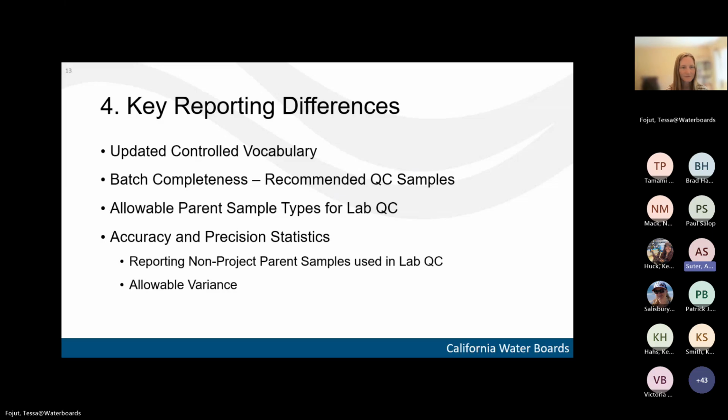I was just curious, when it does the new QA flags, like if the lab didn't report that they missed a holding time, or one of the RPDs was calculated differently, are we able to see that in the checkers? Because it could be a lab error, right? If they didn't report the holding time to us and we didn't realize it was missing, can this identify it for us so we could go back to the lab and say, hey, you missed this hold time, can you qualify this data and update it in the system? Or is it just whatever you put in first is going to have that flag?